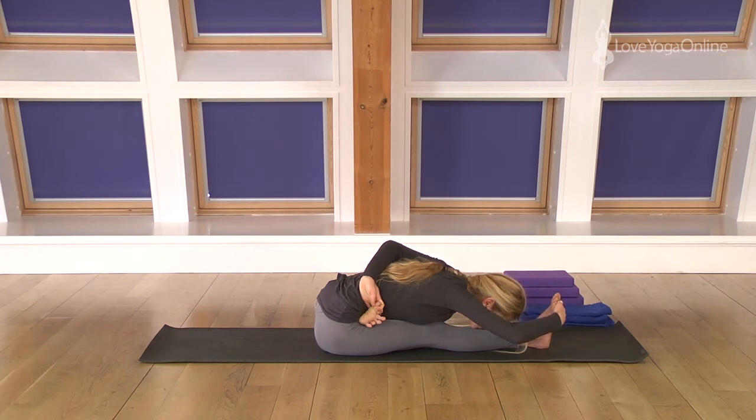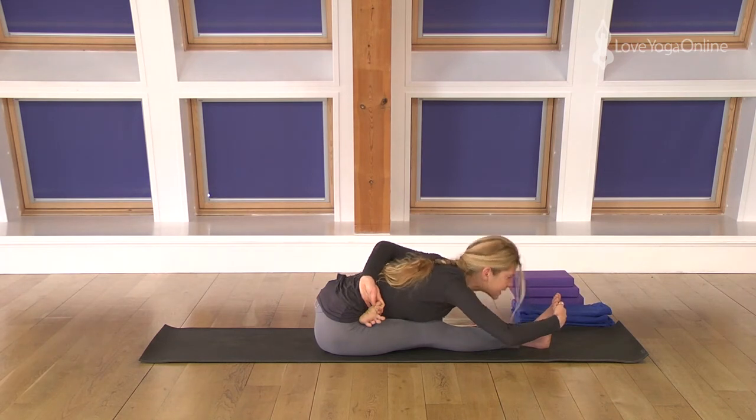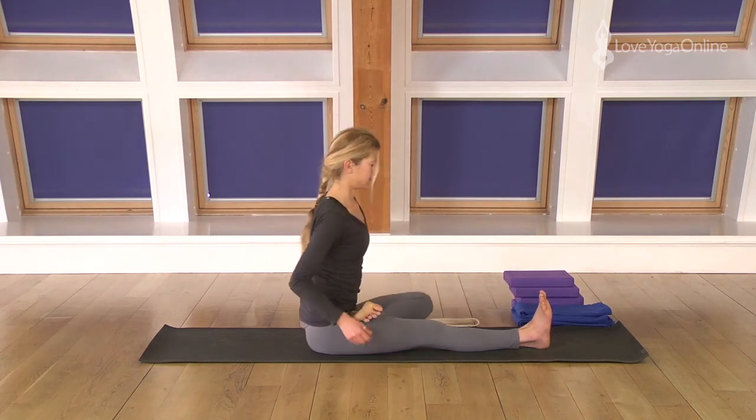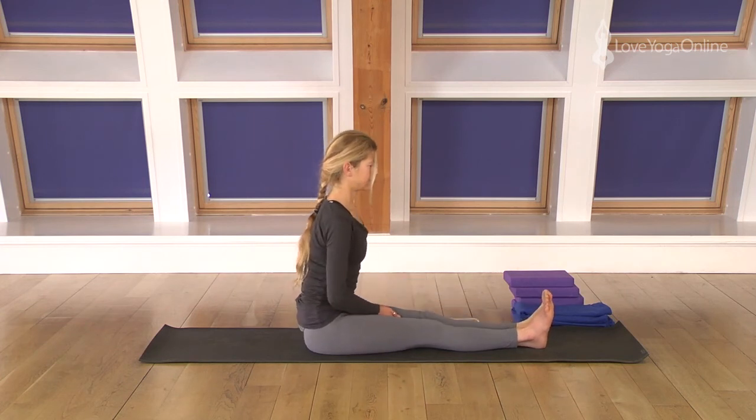Keeping the straight leg firm, hips firm, thighs firm, grounding through the legs, lengthening through the body. Inhale, extend, sit tall, lift and lengthen. Release the feet, release the legs. Sit in a good